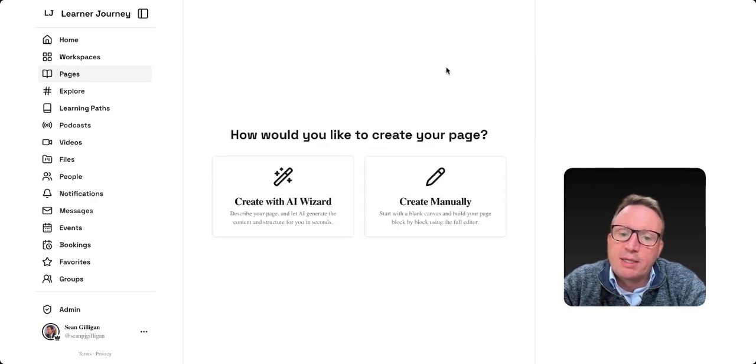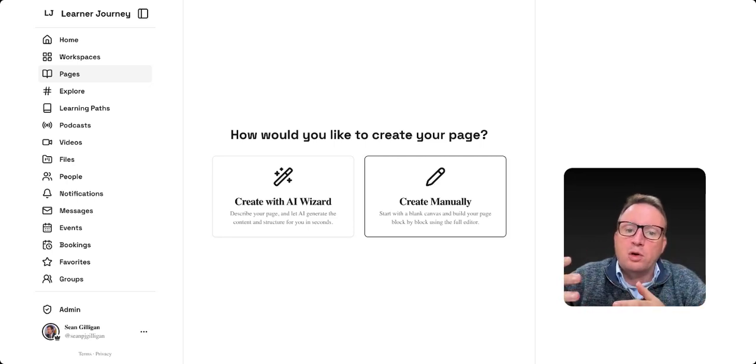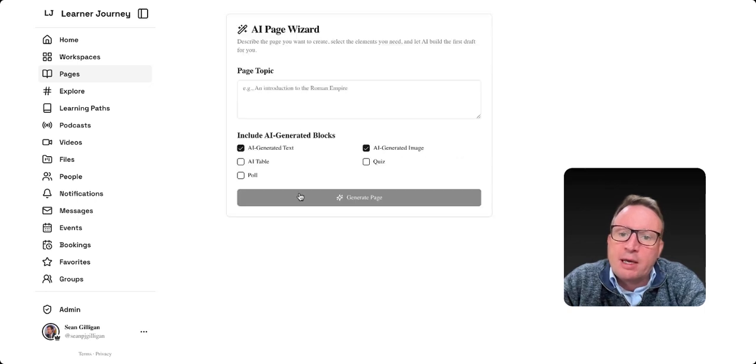And there's two ways of creating a page. You can create a page manually, where you can form the blocks and the ordering. This is great, gives you more control, but is more time consuming. Alternatively, you can create a page using the AI page wizard. This is where you describe the page, what you want to create, select the elements that you want, and hey presto, generate. So just to show you that, if I wanted to create a page here about the future of